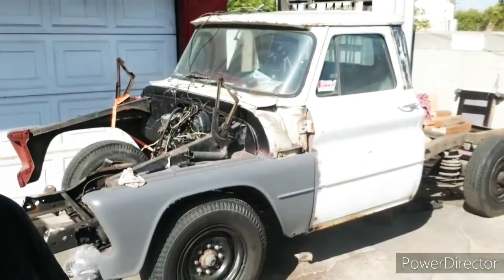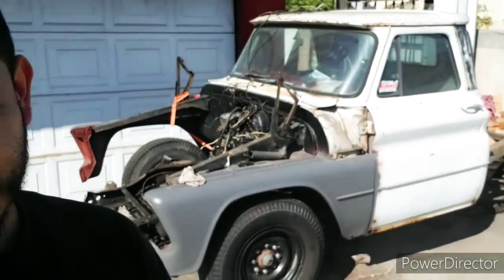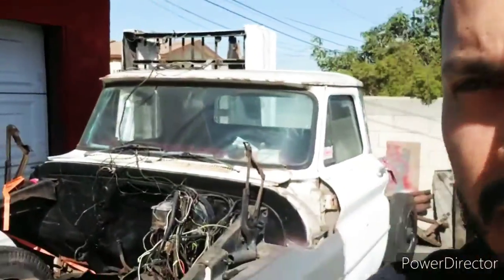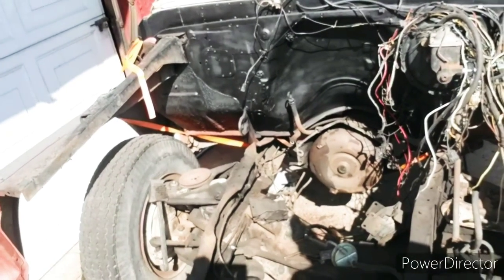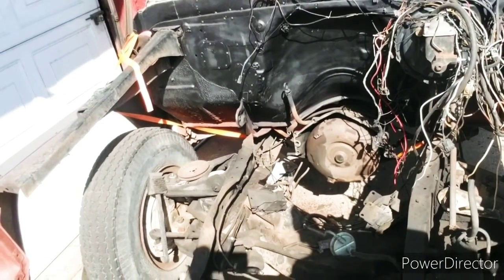I'm gonna be working on the Chevy today, '66 C10. I needed to swap out the engine. It's got a really bad bend after the firewall towards the front. Got myself a '68 chassis and